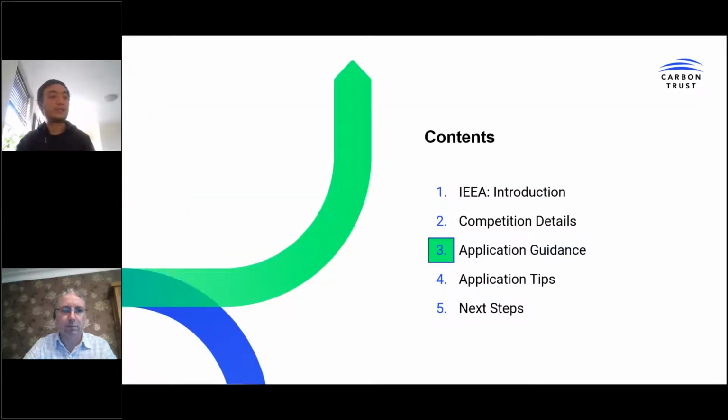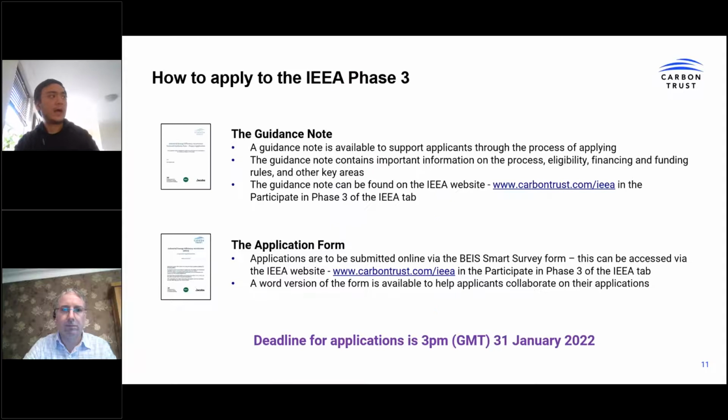So now I just wanted to take you through some particular application guidance for the IEA. First of all, as I mentioned before, there's a range of documents available on the IEA website which are there to support you in making your application. The first and probably most important of these is the guidance note. The guidance note contains all of the detail that you need to be able to make your application, to understand if your project is eligible and across the entirety of the process of the